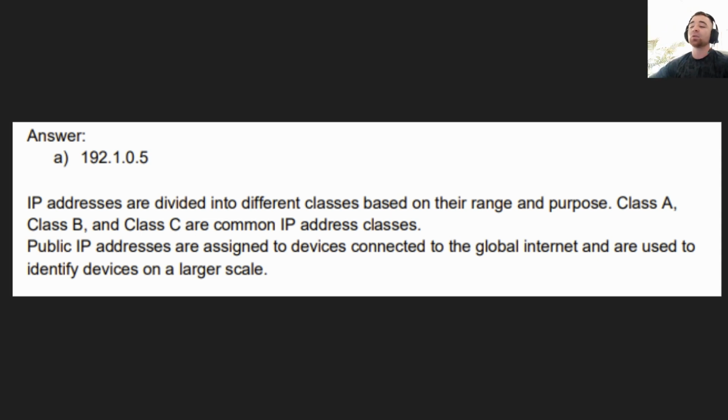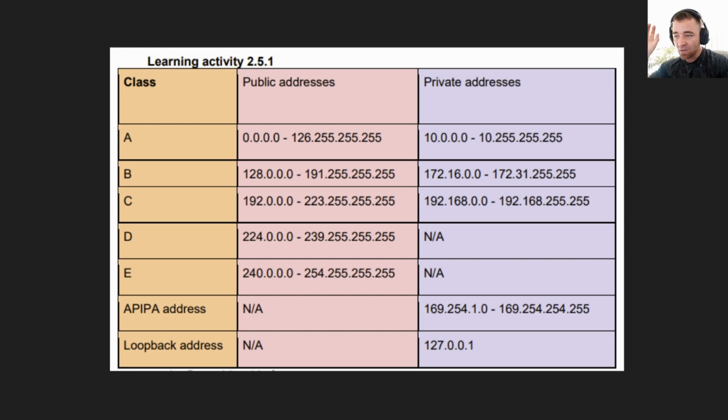192.1.0.5. You will need to essentially know, pause the video if you want to read that. You will need to know the different classes of IP addresses, what range goes in, and within that range, what is public and what is private. You'll need to know that. When I was practicing this, when